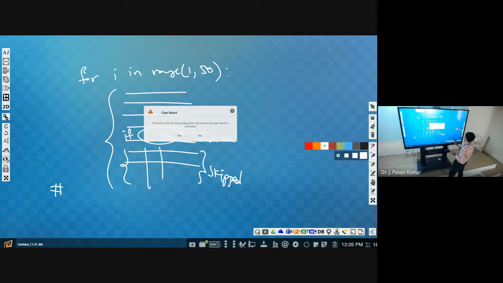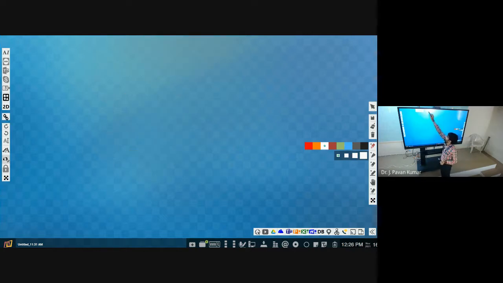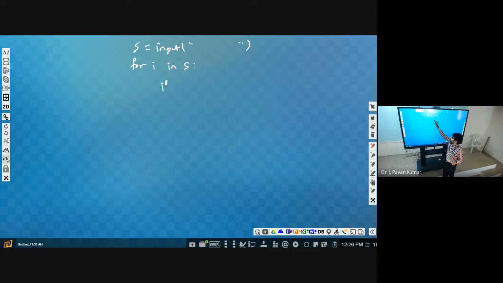Input is what? Input is yes. Then for I in yes: if I is equal to hash, then continue. Do we need to use else?